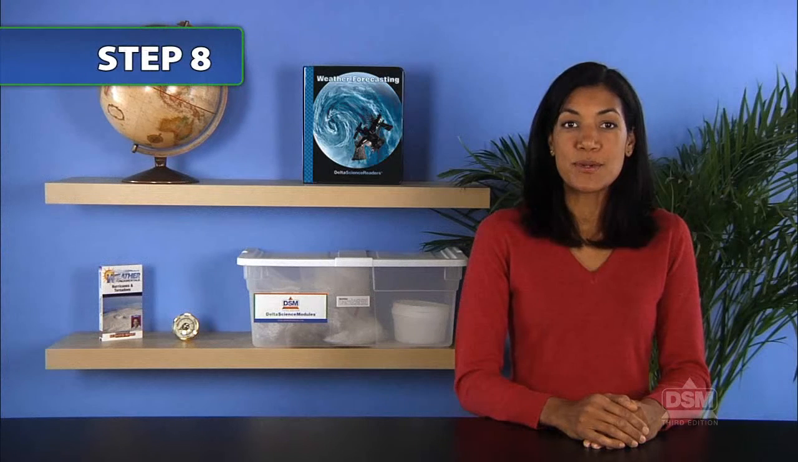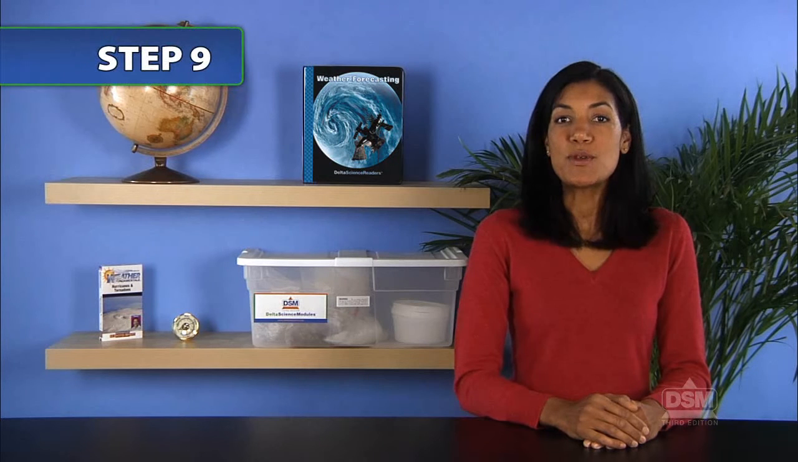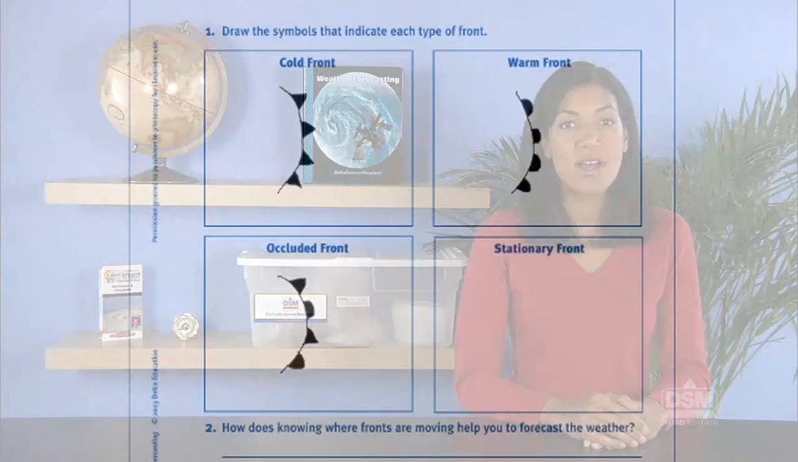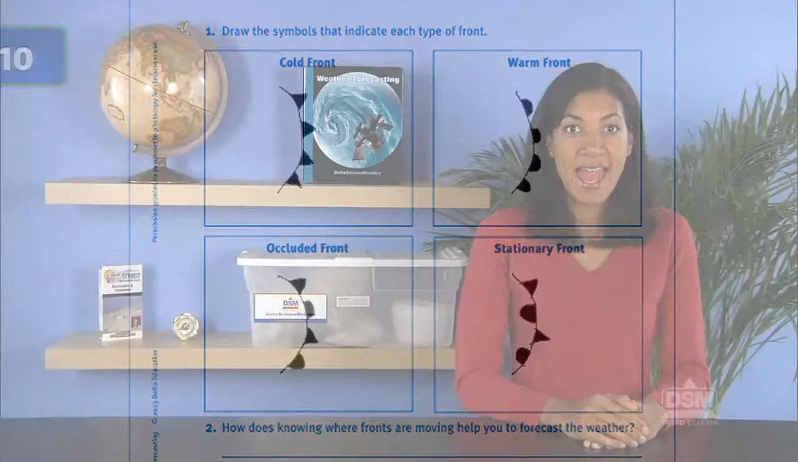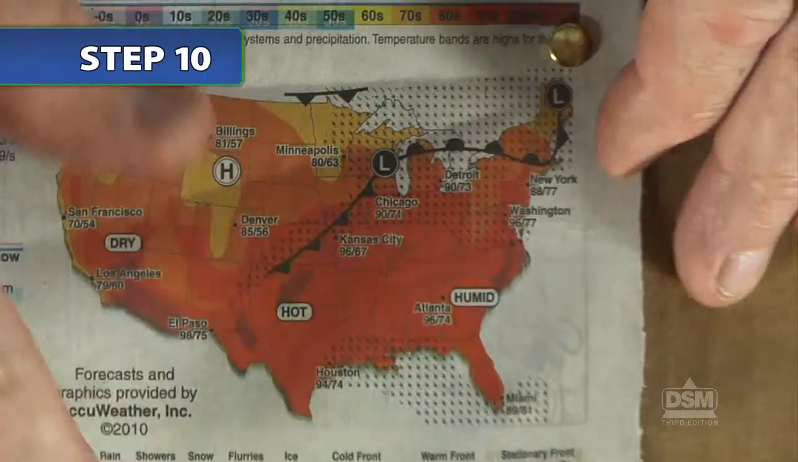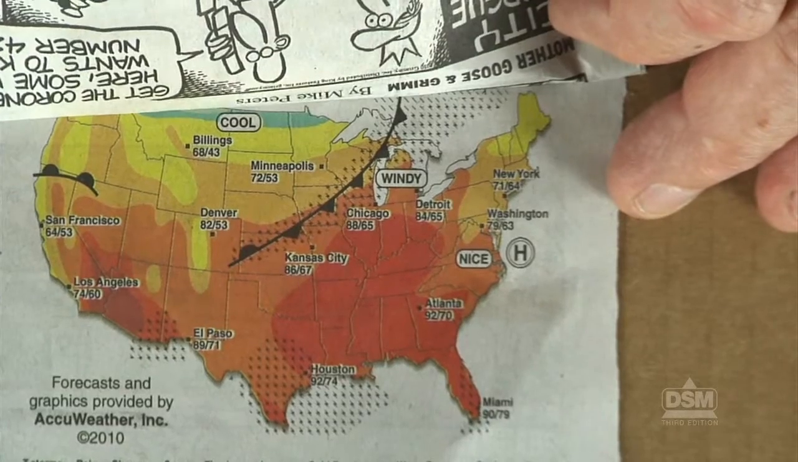Show students the symbols that designate the type of front. Next, distribute Activity Sheet 7 and the materials. Ask students to draw the symbols for each type of front on their activity sheets and answer question 2. Have students retrieve their weather stations and look at the previous few days' national maps, noticing the direction that the